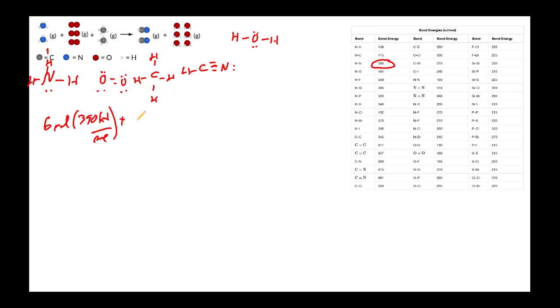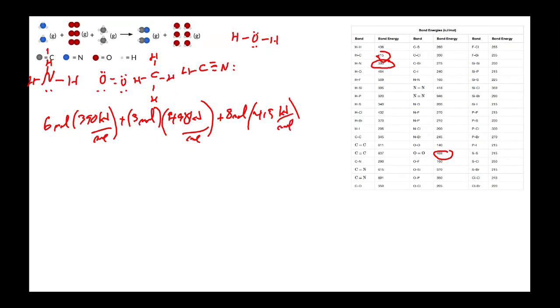Oxygen, we're going to be breaking up 3 moles of OO double bonds. So that's right here, 498 kilojoules per mole. And then we're also going to be breaking up 4 times 2 is 8 moles of CH bonds. And a CH bond is 415 kilojoules per mole. So that's the energy in, and then the energy out, so this is the negatives, will be